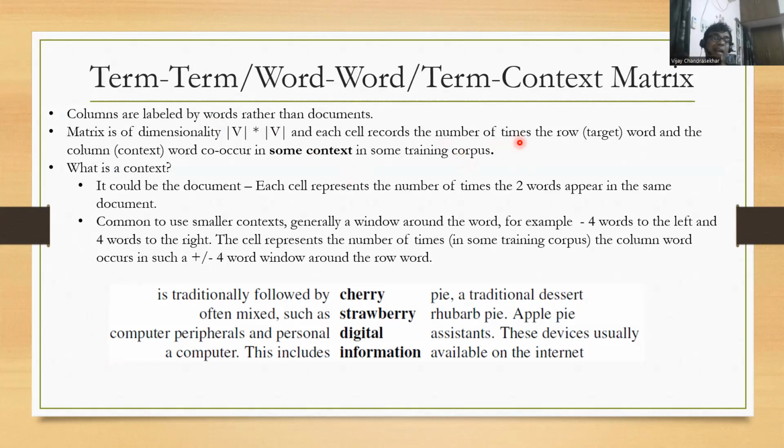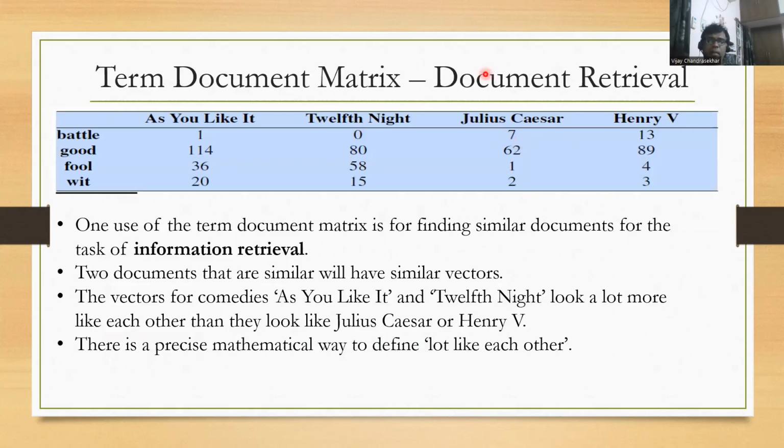But what do you mean by co-occur? Say I have a 600-page data structures book with Sundaresan. On the first page, someone has written cherry, some example using the word cherry. The word data structures comes in many places, but let's say the first occurrence of data structures is on page 540, and after that there are many occurrences in the book. The question is, when I'm plotting this matrix, with cherry here and data structures here, and I'm trying to count the co-occurrence of these two words, would I say that they have co-occurred in this context?